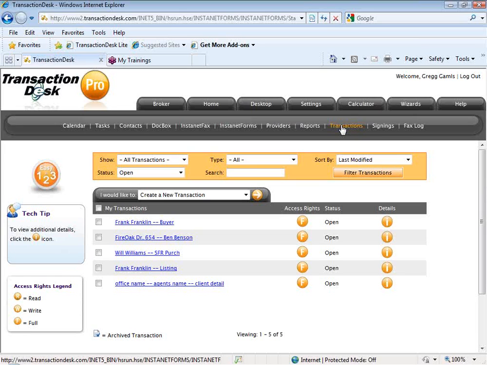We can associate our tasks to these transaction files. That's really the benefit of the transaction file concept. It incorporates all of the elements of your Transaction Desk Pro account, your forms library, your documents and document storage, as well as your task management. So these items can be worked with individually or within this transaction file concept, where when we create a transaction